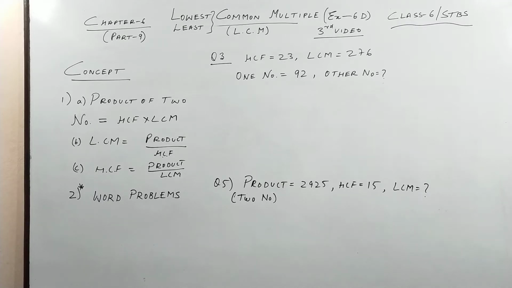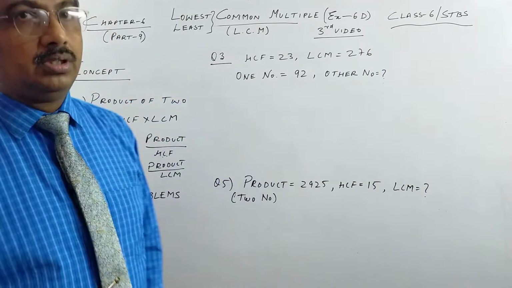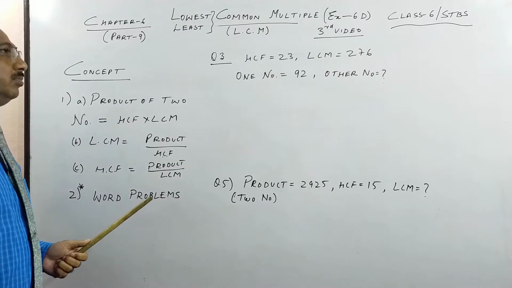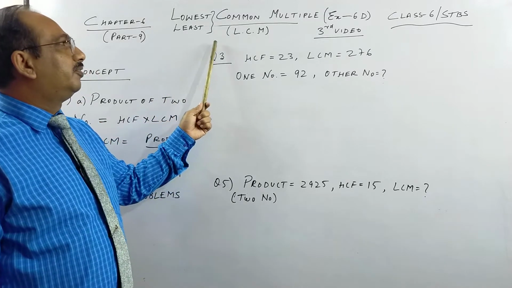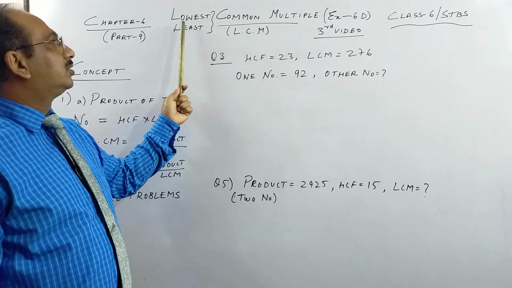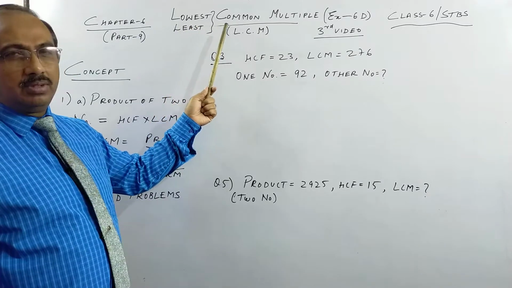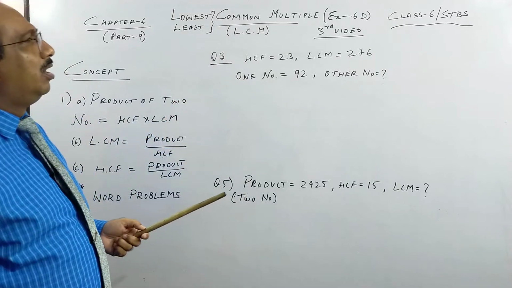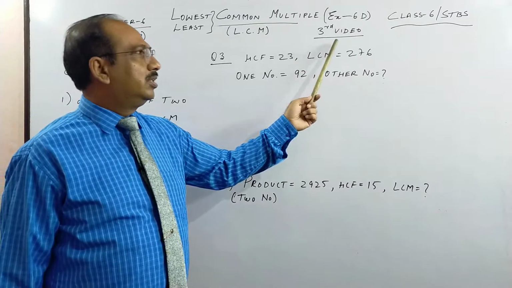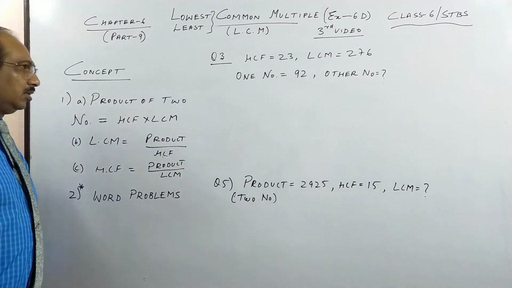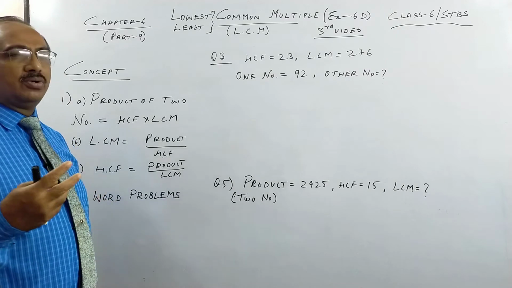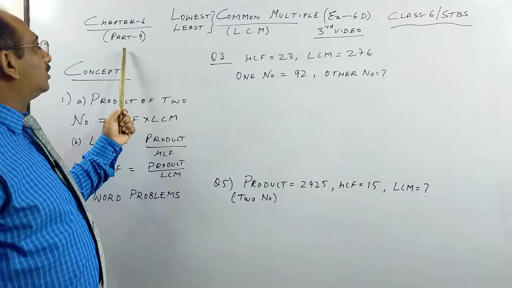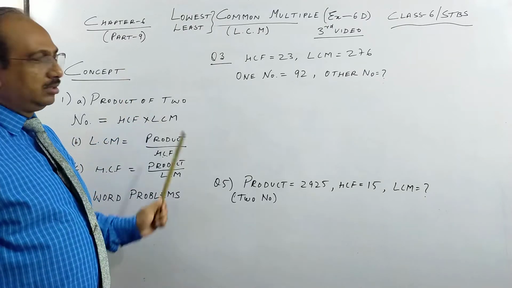Hello children, today we move on to the ninth part of our video lesson on playing with numbers. We are into the last part of LCM, which is a short form of lowest common multiple, or you can call it least common multiple. Both are same. So 6D on LCM, this is my third video lesson. In the previous two lessons I have taught you the three ways of finding LCM. You can see part 7, part 8, and this is part 9.